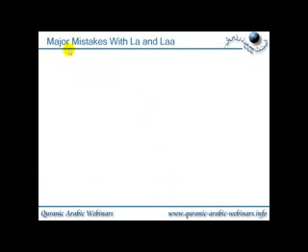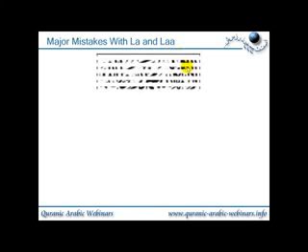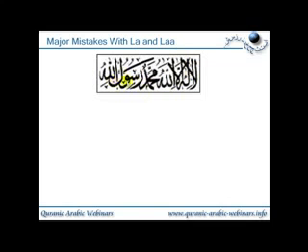So let's look at an example of this. This is known as major mistakes with la and laa. We're going to look at your shahada. So this is the shahada. At the moment you won't be able to read it, but you'll understand the beginning of it when we say it. When you first say the beginning of your shahada, you say laa ilaha. So the first one is laa, which is two long. Now down the bottom here I've written the lam with the fathah, which gives a vowel sound of one